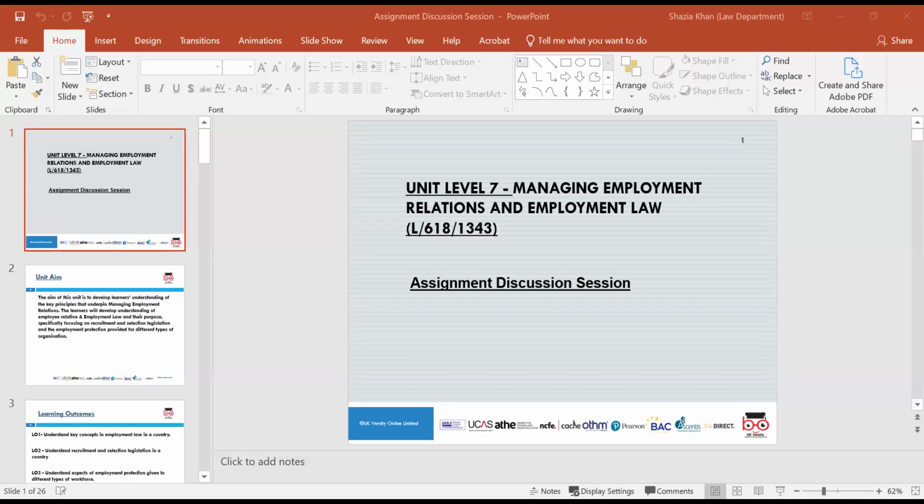There are 3 main types of employment status that the UK recognises: an employee, a worker, and self-employed. And we looked at various tests used to decide whether a person is an employee, including things like mutuality of obligation, control, integration, and multiple tests. So these were elements of the different types of contracts.